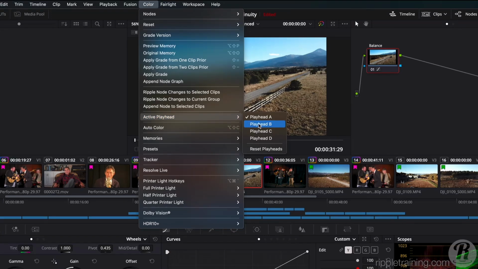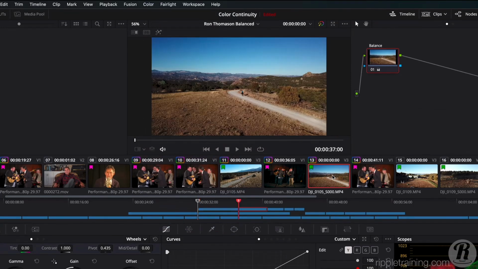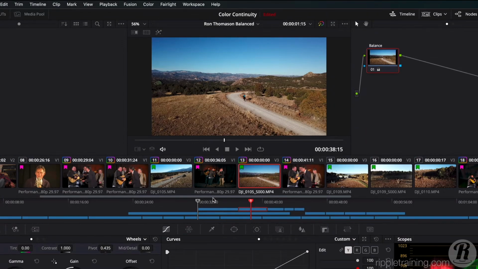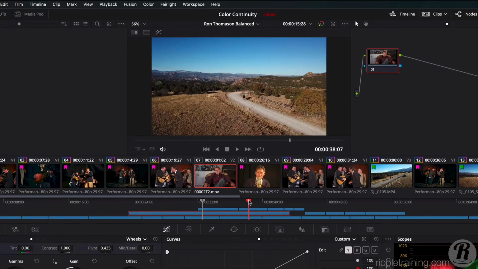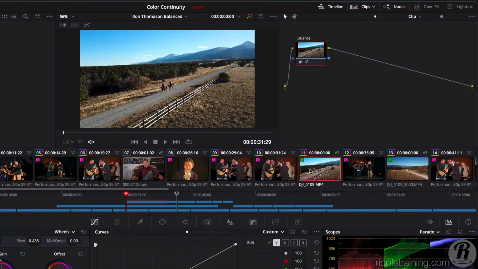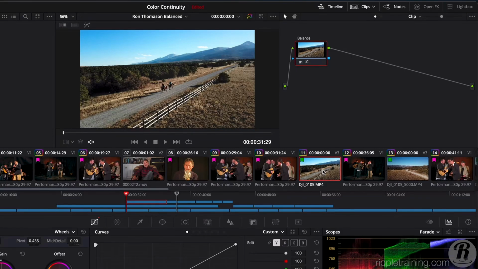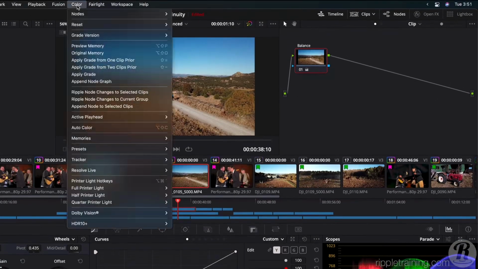For example, I'll select playhead B, and now I can either click on a clip or move this playhead somewhere else in the timeline to select that clip. And now I have playhead A and playhead B, and I can click between them, or I can click on the thumbnails. I'll add another one,